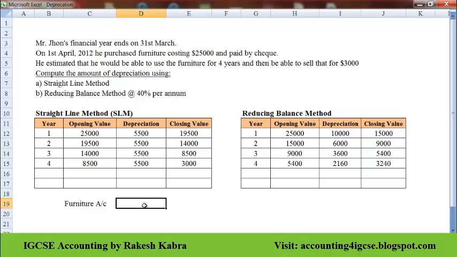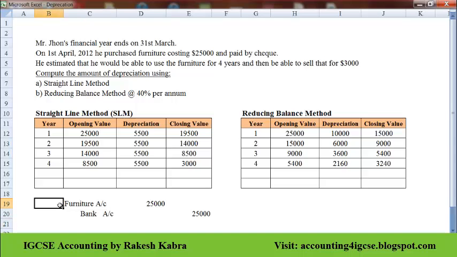How much amount? $25,000. And we paid by check, isn't it? So payment will take place from bank. So bank balance will decrease, so decrease in asset, credit. Understood? This entry will pass when we buy the asset. Increase in asset debit, decrease in asset credit. Agree? We bought furniture, so furniture increase debit, and we paid by check, so bank balance will decrease. Bank is our asset, so decrease in asset credit. Got it? So this is the entry.